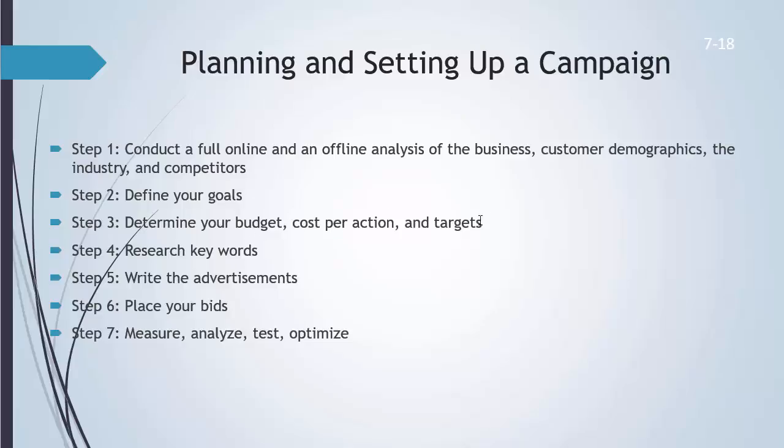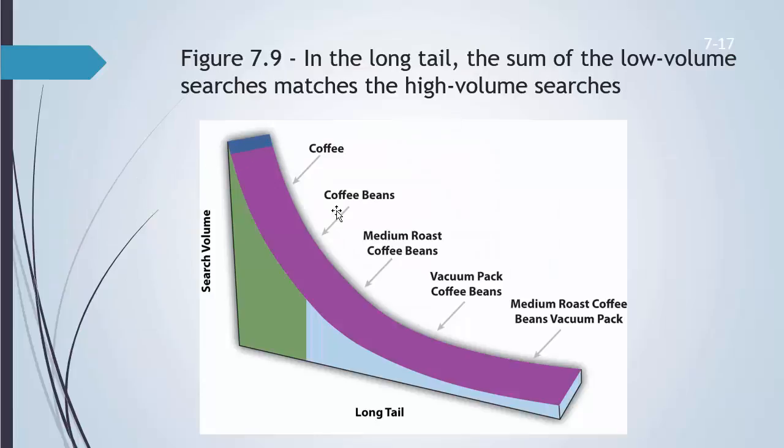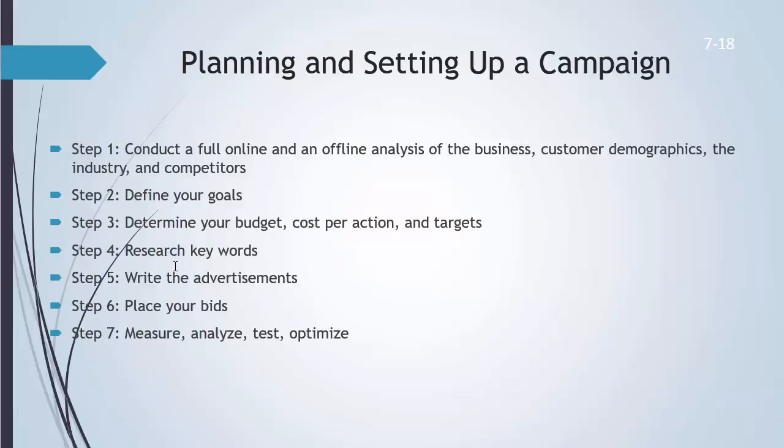Look at those keywords that you're going to use. Are you going to use those first keywords that are kind of generic that everybody's going to use? You're probably going to pay higher to get into that ranking for those, versus if you look at these kind of search terms, you may not have to pay as much, and you might get just as much volume. Right? Then write your advertisement, follow those guidelines, place your bids, see how well you can do,